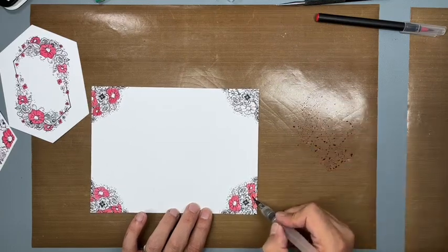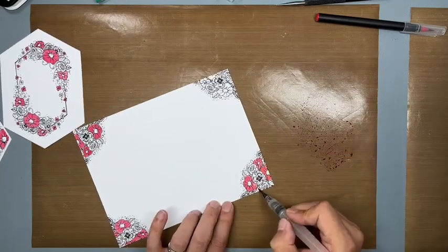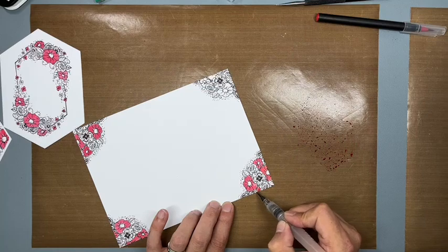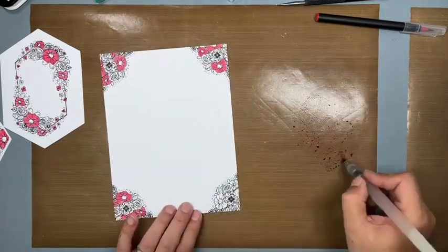I'm just going to make that a little touch darker. And again, I've got a little bit extra on that side from one of the others. And the last one in this colour,